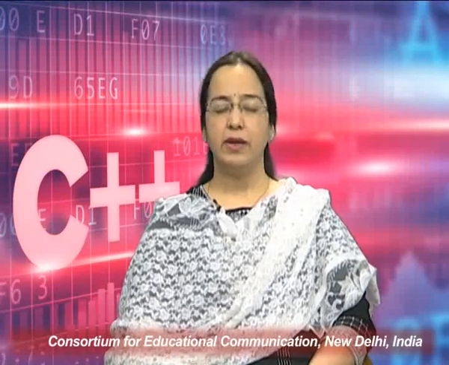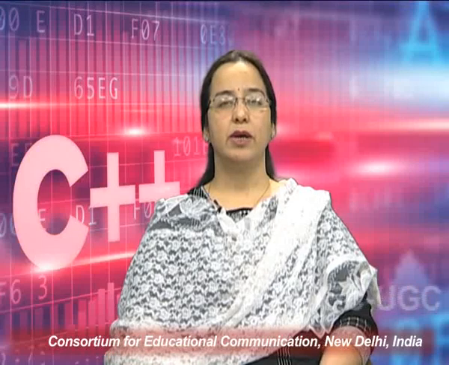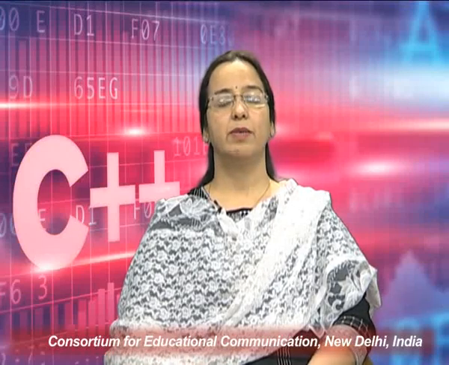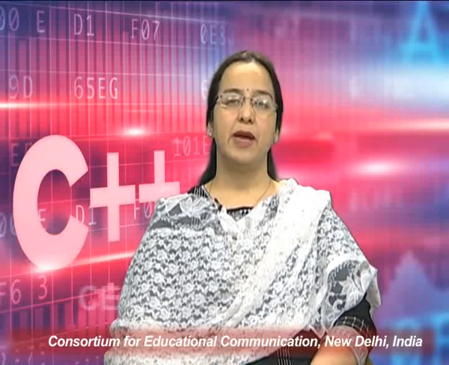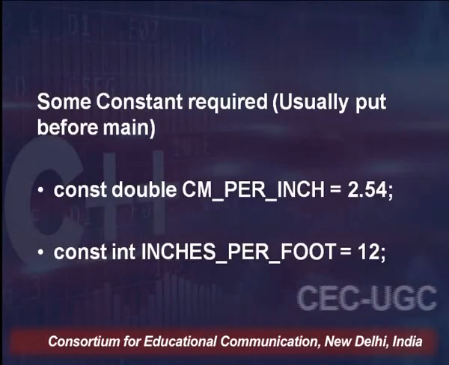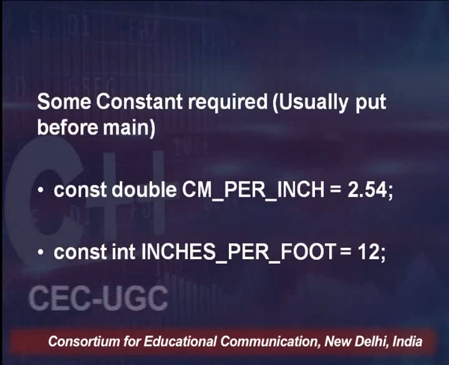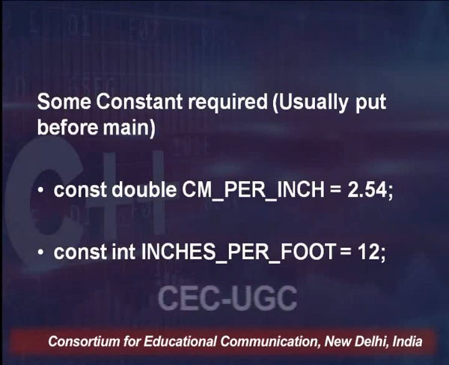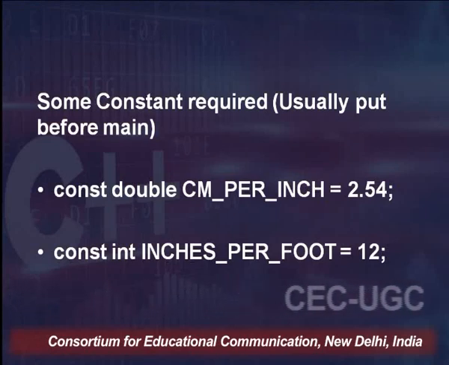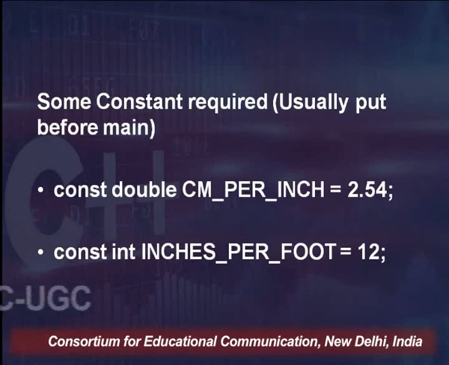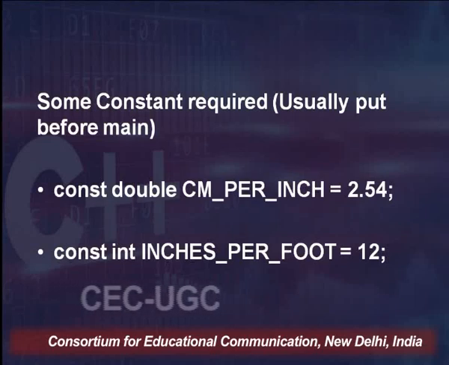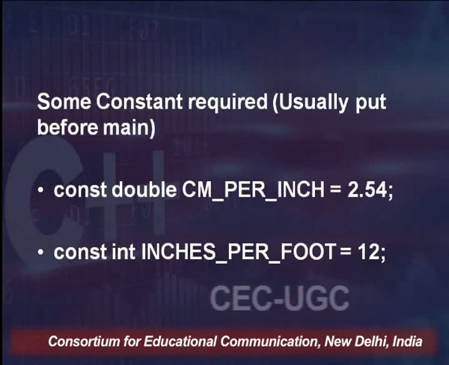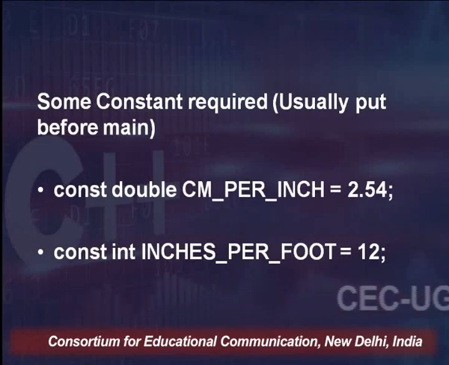So, that's a convention, I mean that's not a compulsion. So, you can say const double cm per inch, in capital letters. So, const double cm per inch is equal to 2.54, and const int, that's a type of constant which is having some integer value, is inches per foot, again in capital,